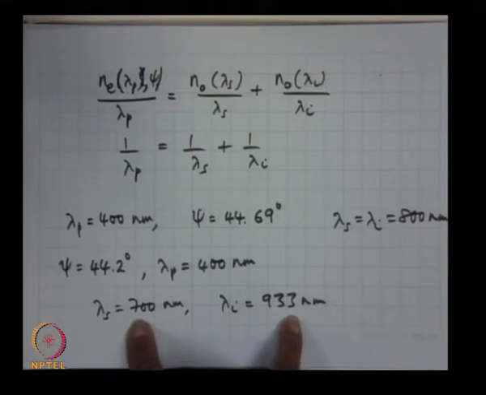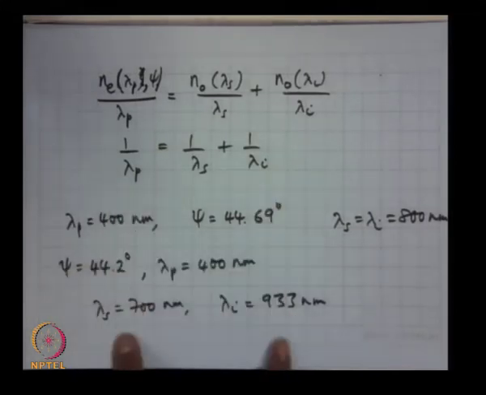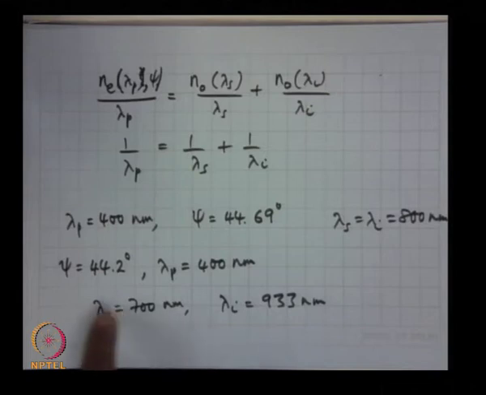One will be less than 800, the other will be more than 800 because of this equation here. Okay? And so this is called the signal. The lower wavelength is called the signal, higher frequency, and the other one is called the idler. So what it implies is, if in addition to 400 nanometers, if I launch a 700 nanometer signal at this